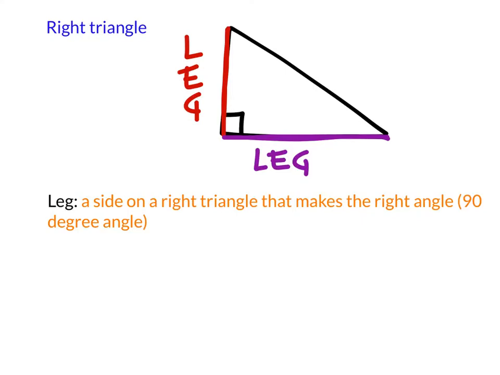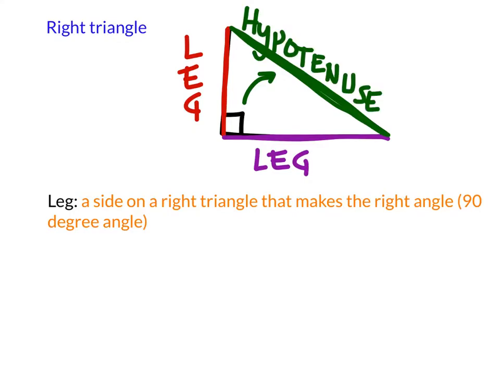Alright, so we do have that third side on this right triangle, which we need to define, and that's this side. This side is opposite the 90-degree angle. It's kind of like that box is pointing directly at it. But it's just the side that does not make up the right angle, or the 90-degree angle. This is always the longest side on a right triangle. This is called the hypotenuse. So the hypotenuse, we'll define it as the side opposite to the 90-degree angle, which is always the longest side